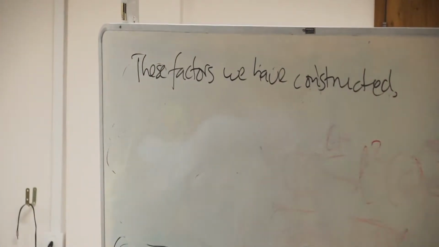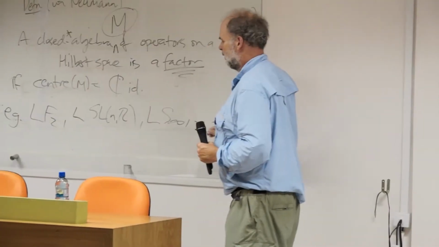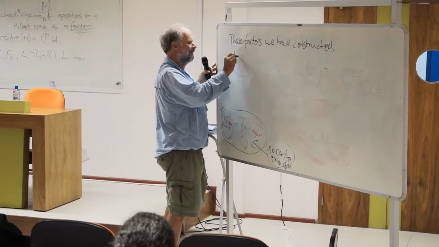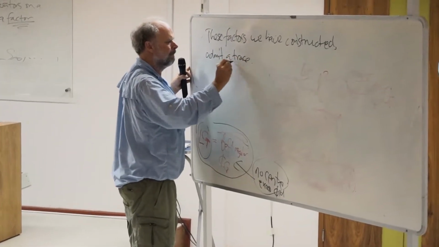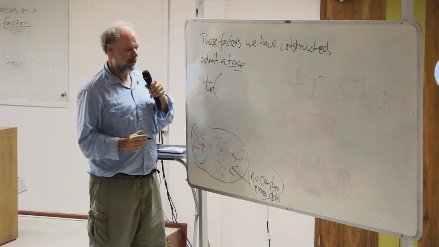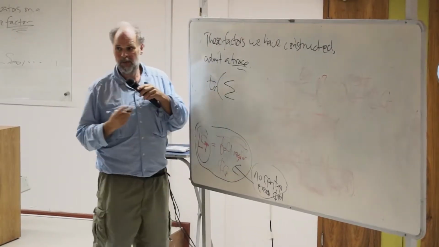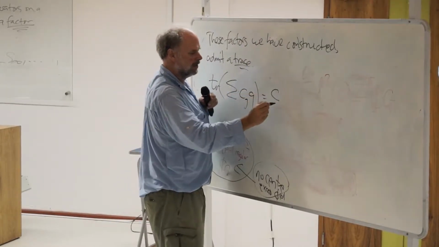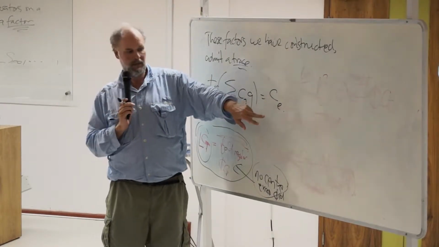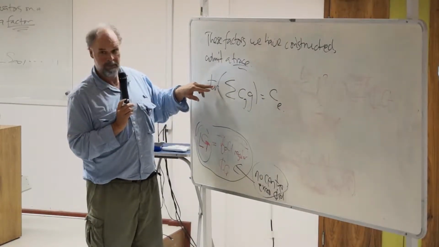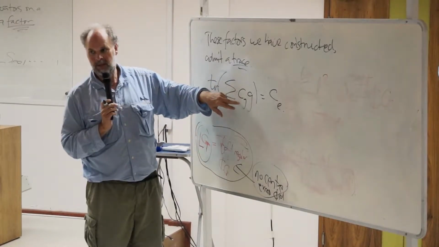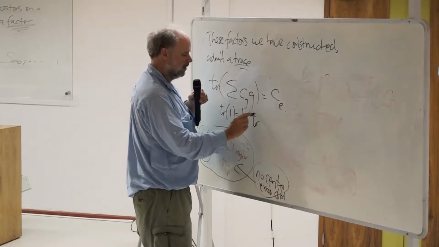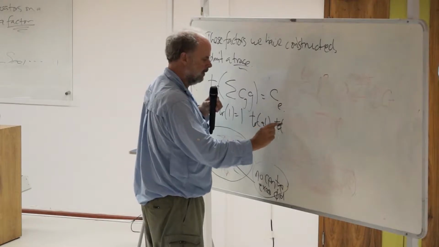By that I mean these ones here, the L of G, where G is a group with infinite conjugacy classes, admit a trace. And the trace comes in a very simple way. If we take the trace of the sum of c_g g, we take c of the identity of the group. If we call the identity of the group e, then we define a function on the group algebra which simply picks out the coefficient of the identity. That has the property that the trace of the identity is equal to 1, and the trace of AB equals the trace of BA.